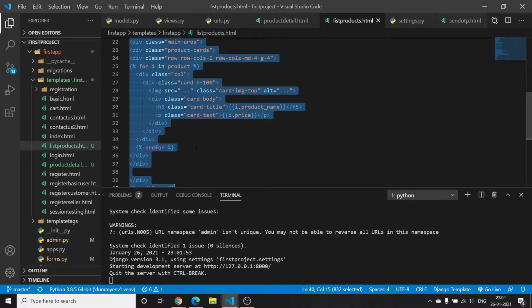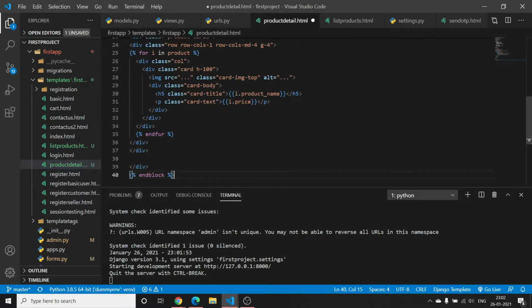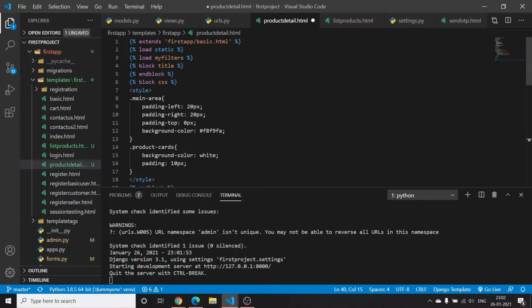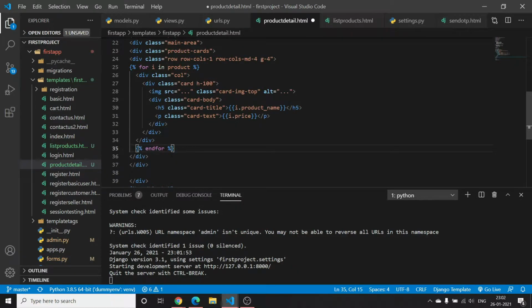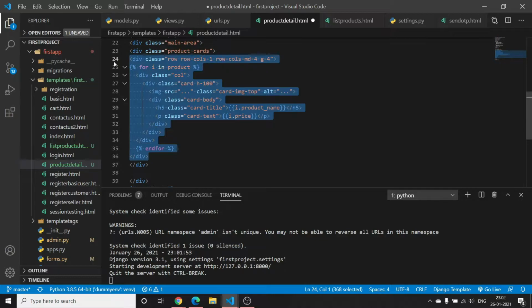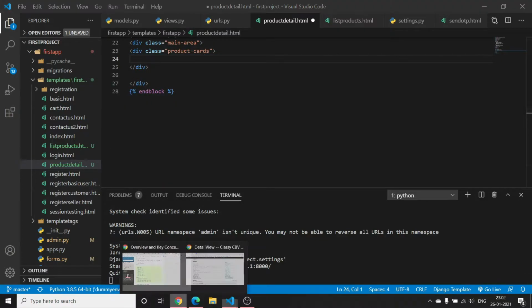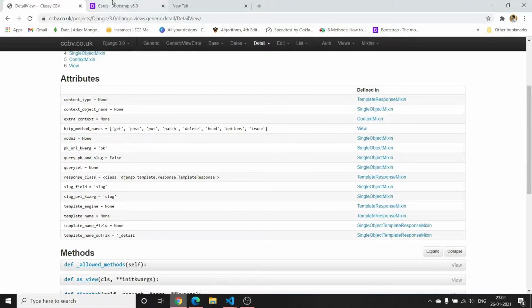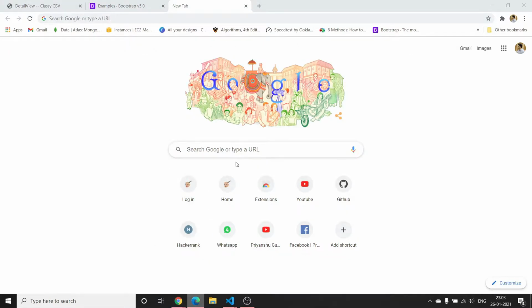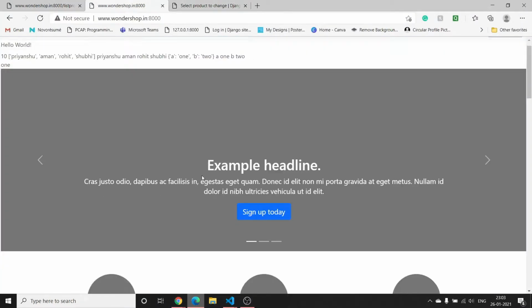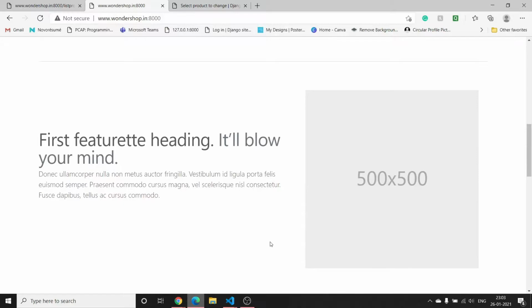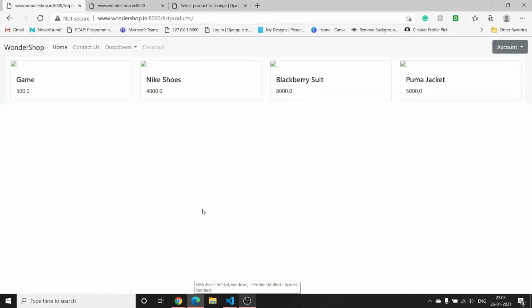And here I will copy again. First control copy product detail, and here instead of this I will copy something from Bootstrap that suits our scenario. In our basic template that we have used, there is something like this. So basically we want this type of something, so we will copy this HTML and CSS and place it in our detail view.